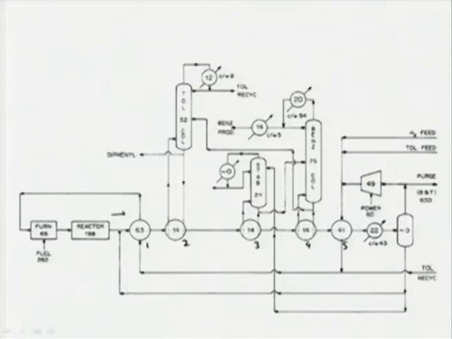You can see here that the recycled toluene is heated and vaporized in this particular exchanger. Then the stream enters the reboiler of the toluene column, then it enters the reboiler of the stabilizer column, and finally it drives the reboiler of the benzene column, and then it enters another FEHE, feed to effluent heat exchanger, in which the fresh hydrogen and toluene feed